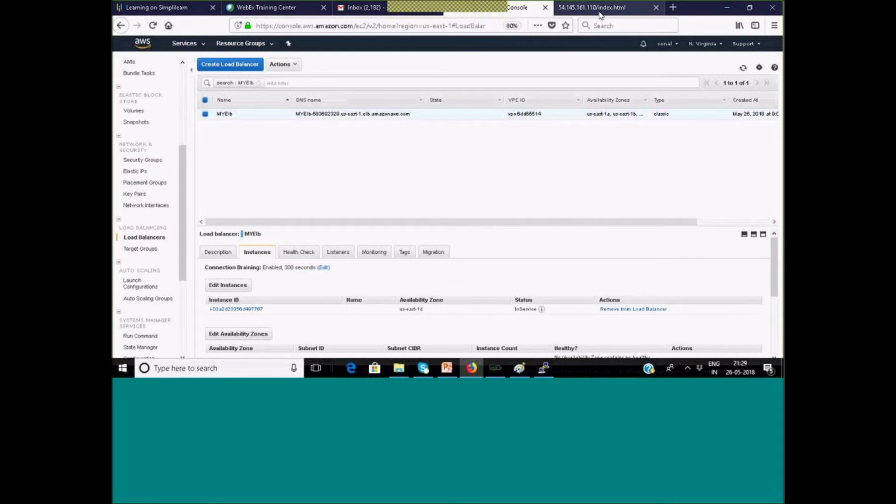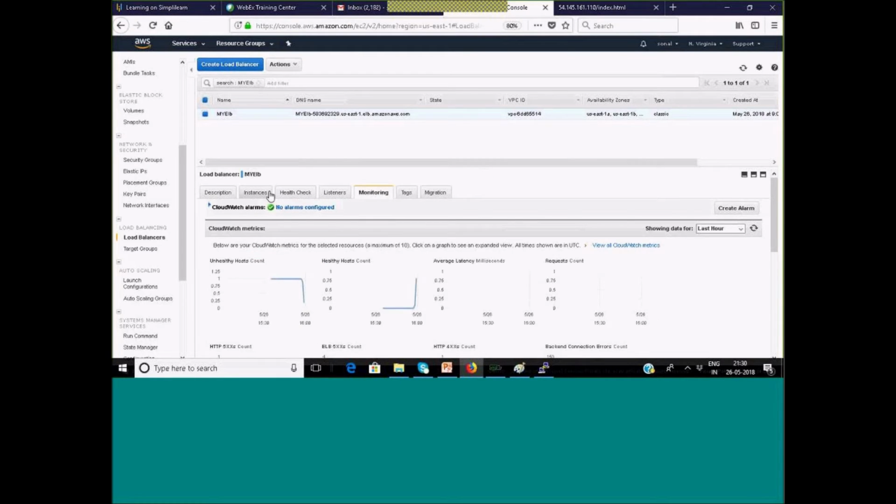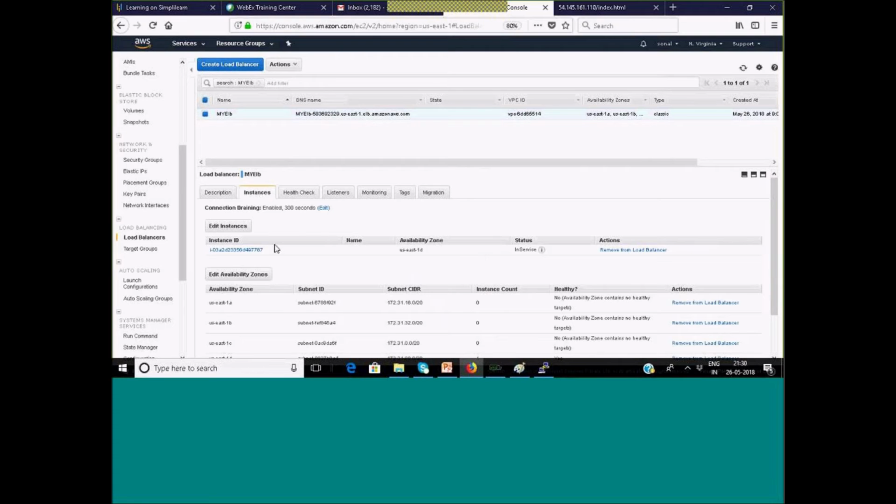So as we have checked, we are able to reach that HTML file directly by using the IP address of the instance. Now let's see, since the ELB is there, I want all my incoming traffic to go to the ELB. ELB should handle that, and then it should forward. If you click on the instances, as the instance is not reachable, as it is marked as unhealthy, it will automatically change the status of the instance. It will make it out of service.